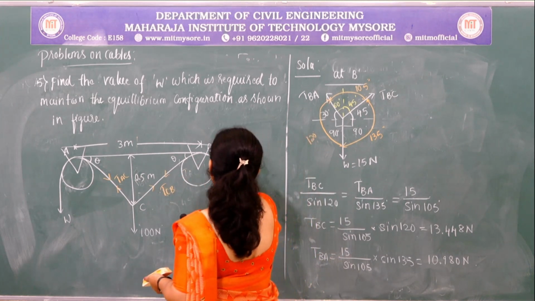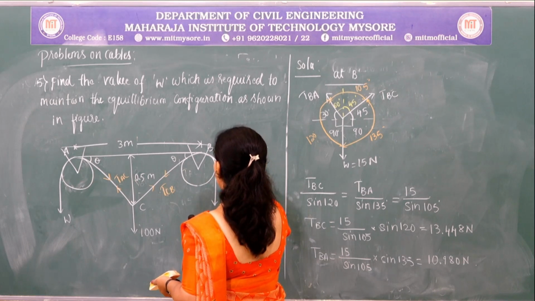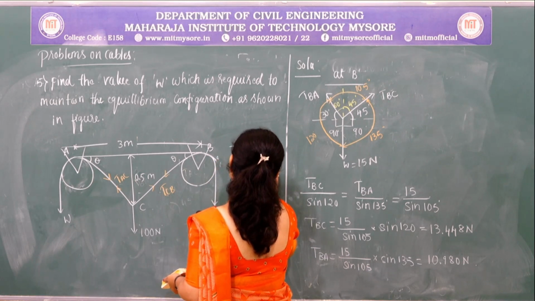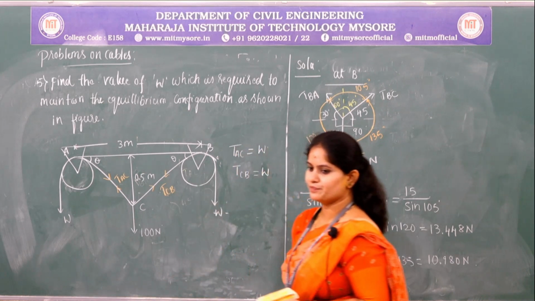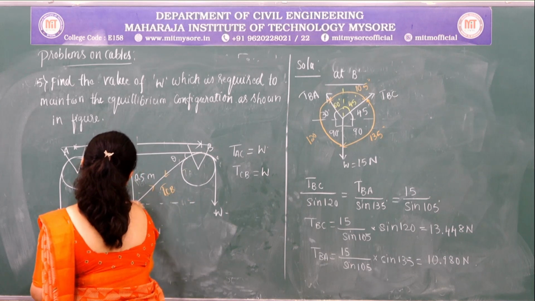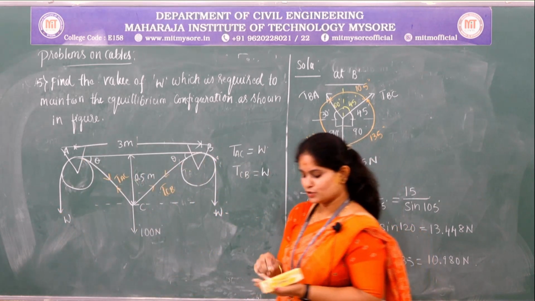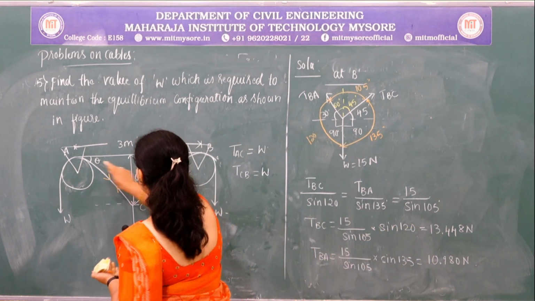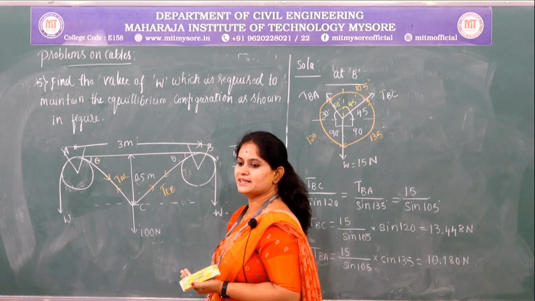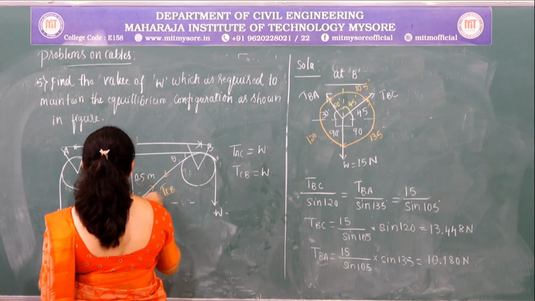That is, TAC will be equal to W and TCB will also be equal to W. So again we need to find the inclination for the tensile force developed. For that, here it is mentioned on both sides as theta. So through alternate angles this will also be equal to